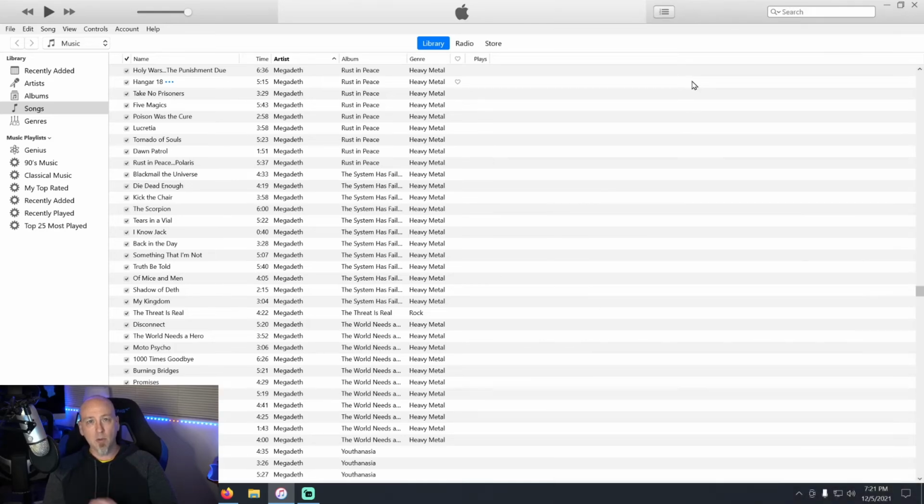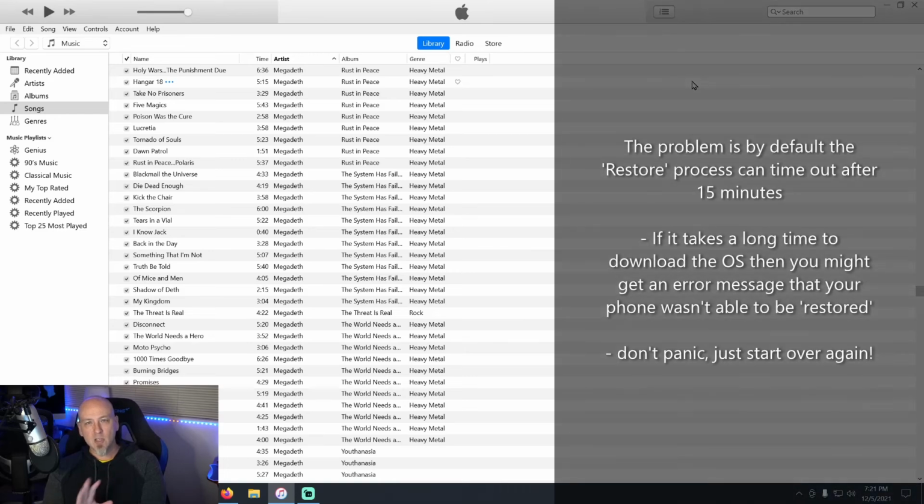There is a common problem that happens, but guess what? It's fine. Don't panic. So the common problem is that when the computer is trying to download the software update, it actually can take a long time. For some reason, the default time limit on trying to do all of these steps is about 15 minutes. So the common problem is someone will go through all these steps, and then they'll get past the screen,